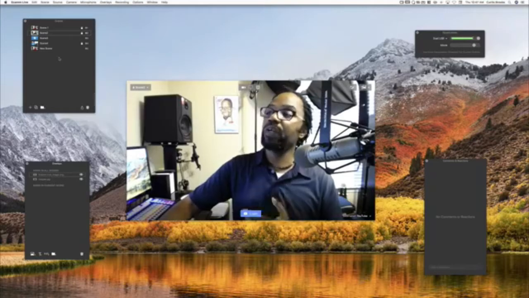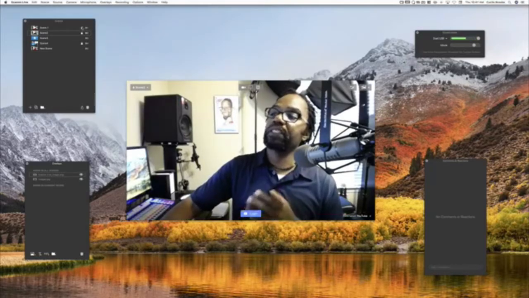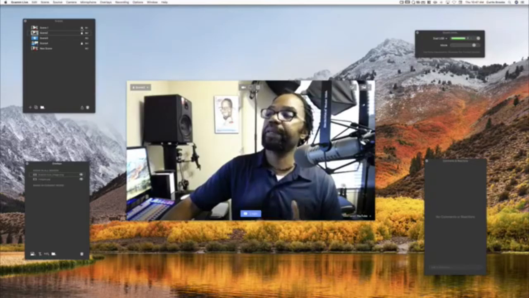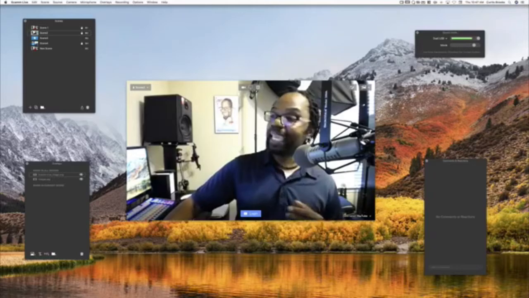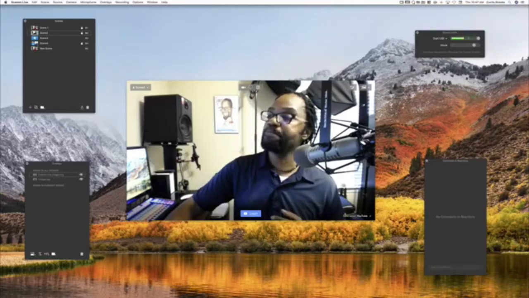So, for instance, now this here is really cool because this is one of the new changes that they've made here. Before, you were not able to lock a scene, and now you're able to lock a scene. So if I unlock the scene, let me see here. I'm going to unlock this scene back here. I'm going to lock it back. So if I lock this scene, I cannot change it, okay? Let's just say if I want to do a shortcut key, right? So here in the upper left-hand corner of the main screen here, it shows my scene number 2. It also shows that it's locked, okay? All right? And let's just say, for instance, I want to go up here and add a camera.